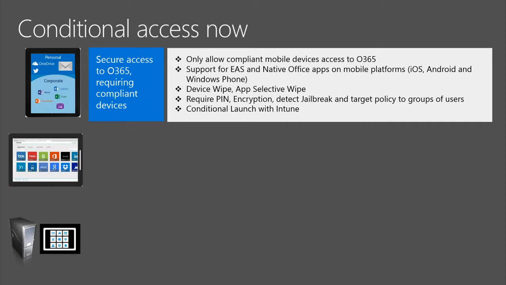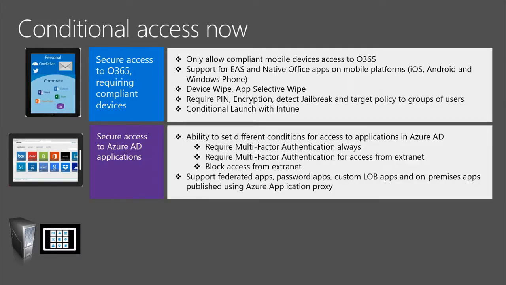With Office 365, you can set both device and multi-factor conditions for Office 365 Exchange and SharePoint applications. With Azure AD Premium, you get a much more comprehensive, much more broad ability: user MFA conditions, as well as the inside or outside your corporate network conditions. And you can apply those to any application, not just Office 365 applications.